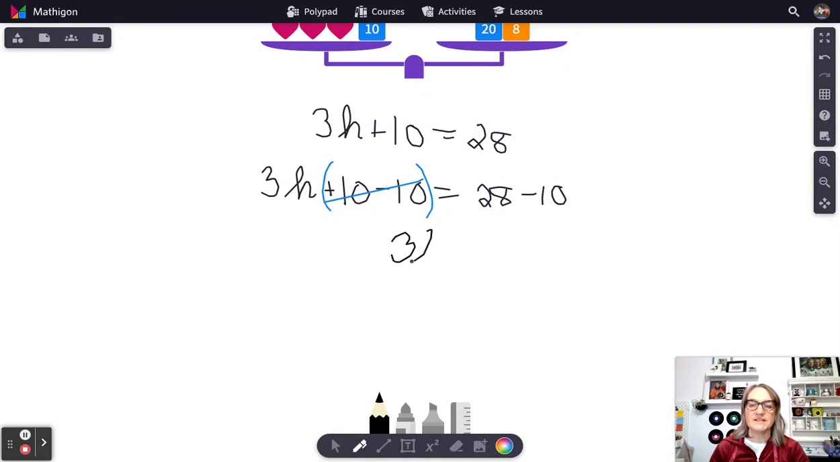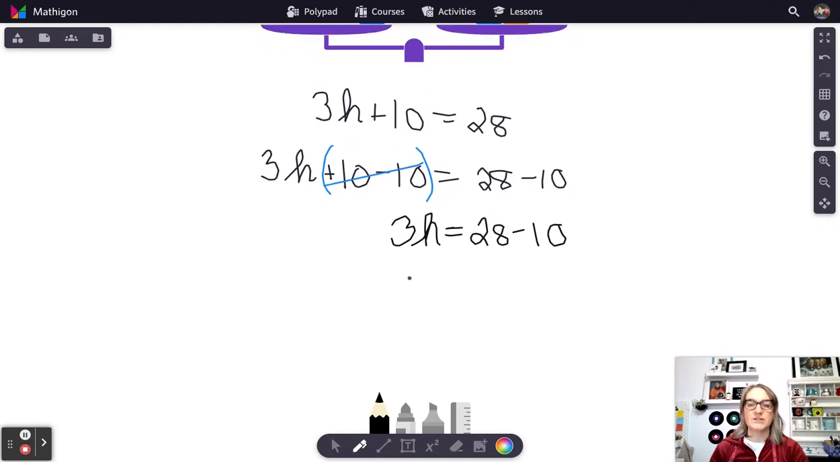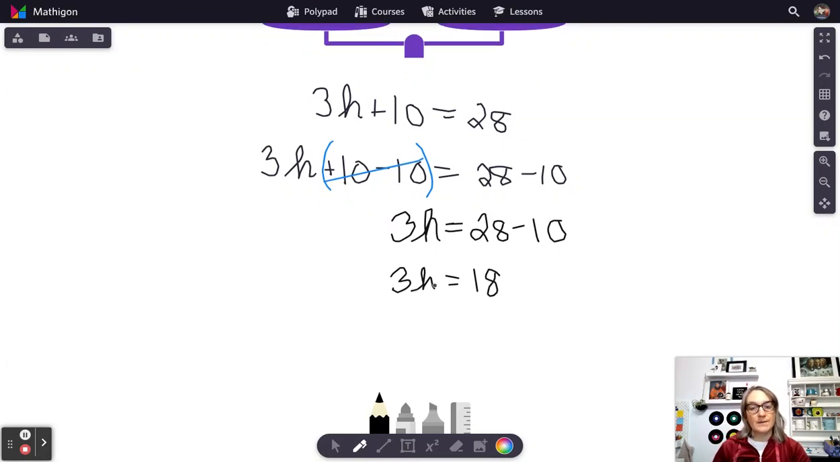Now the left side is down to just 3h. We're getting nice and simple here. 3h equals 28 minus 10. I'll simplify the right-hand side of this equation in a separate step. I'm still at 3h on the left. And now 28 minus 10 is 18. So now all I have to do is ask myself, what number multiplied by 3 equals 18 in order to get my answer? Or I could reverse that operation and think about